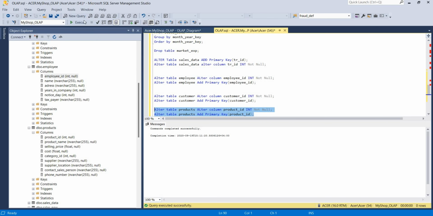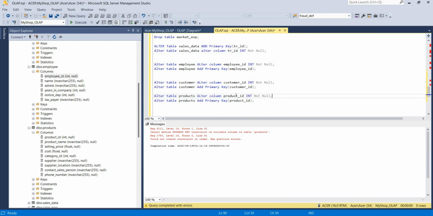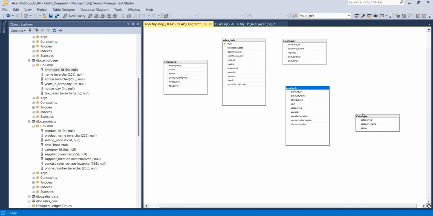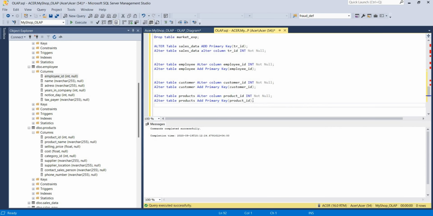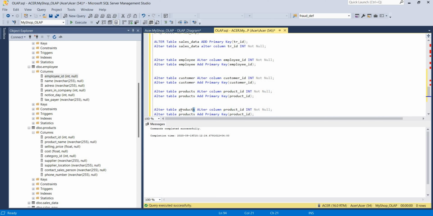Okay, let me run those two. Okay, then category ID in category table. So category ID, and here